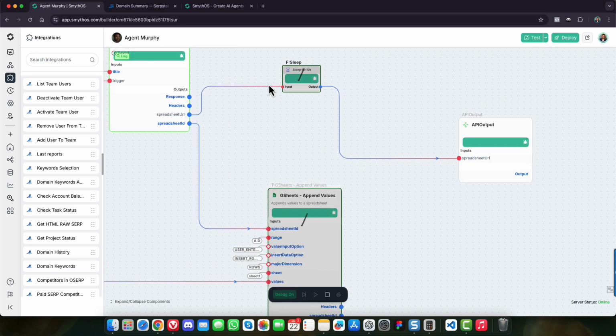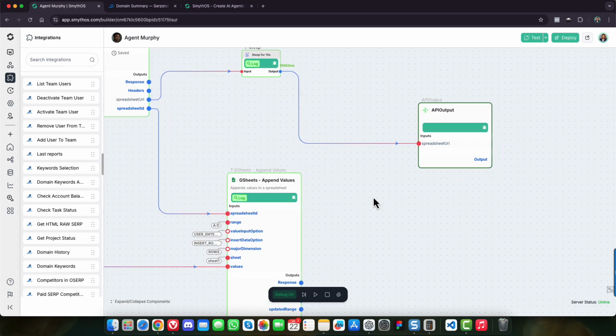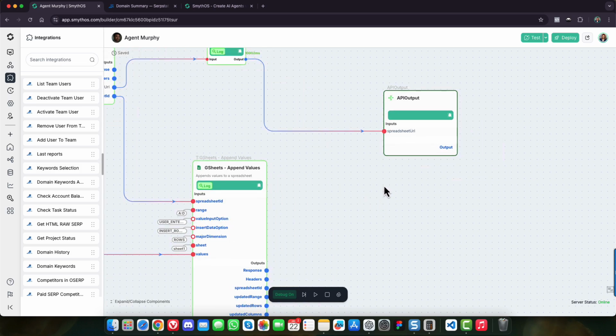So as you can see, I have here another extra component called sleep, which adds a delay in some functions or in places of the workflow that you want to delay by a little to ensure that all the processes, all the tasks, have been processed completely before proceeding to the next component. All right, so the 10-second delay is done.